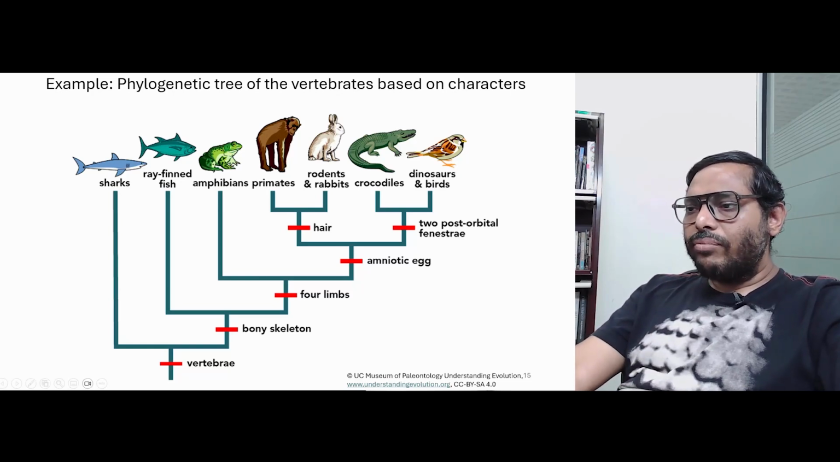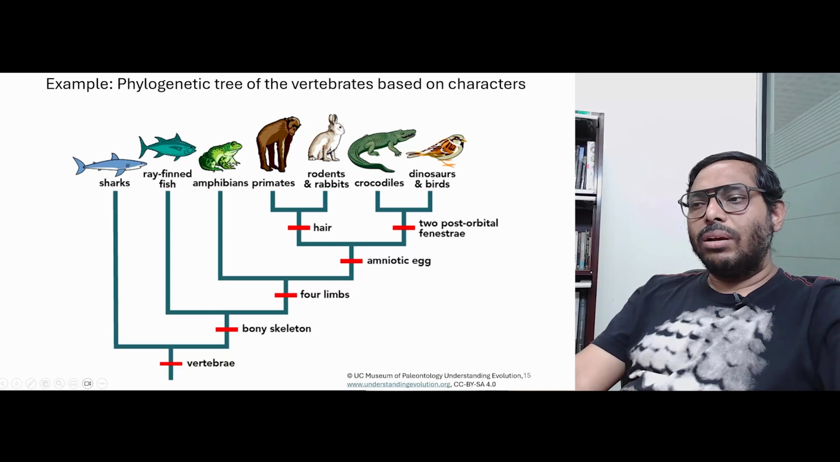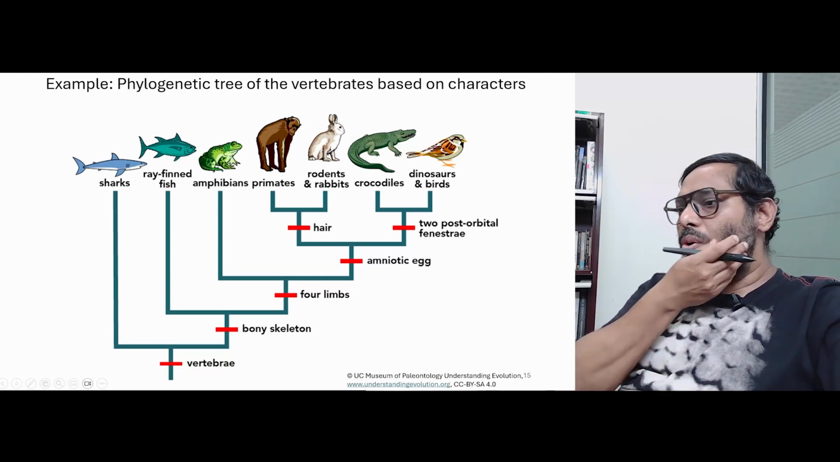So, then you have this ancestor with the amniotic egg, the common ancestor, and one group ends up developing hair on their body. This group then splits: one lineage becomes the primates, another lineage becomes rodents and rabbits. On the other hand, the common ancestor with amniotic eggs, at some point develops what are known as